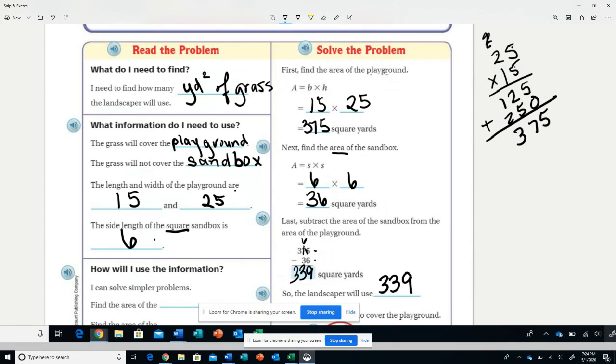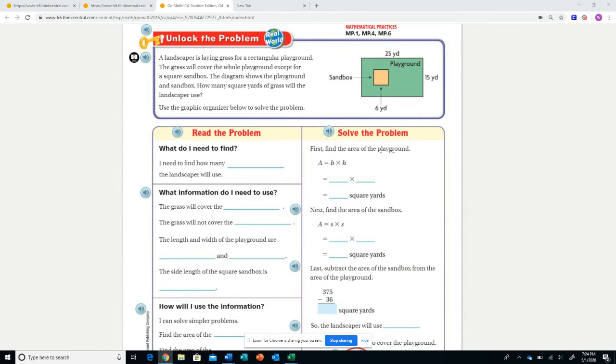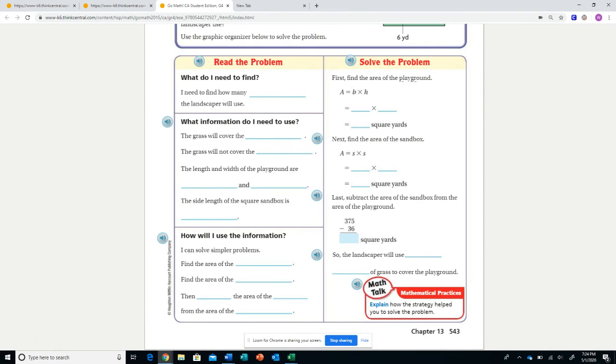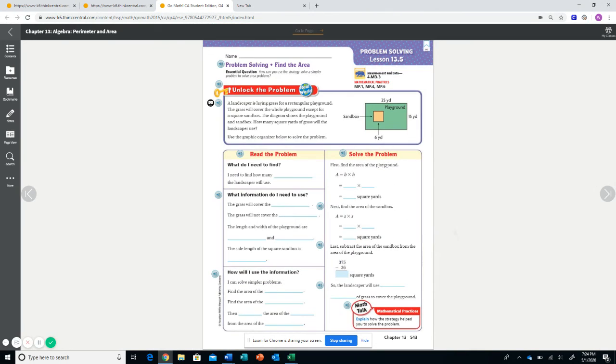I'm going to close out this window and let's see if I missed anything down here. All right, so I don't feel like I missed too much in the bottom part of that question, and we're just going to move on from there. Oh, that's the end of the page. All right, so I'm going to